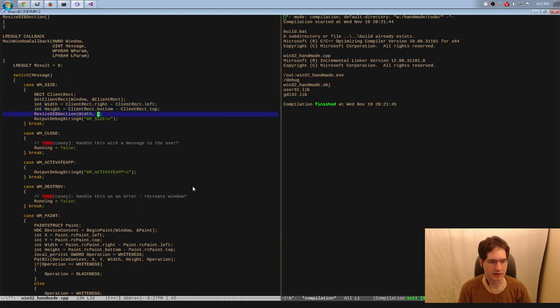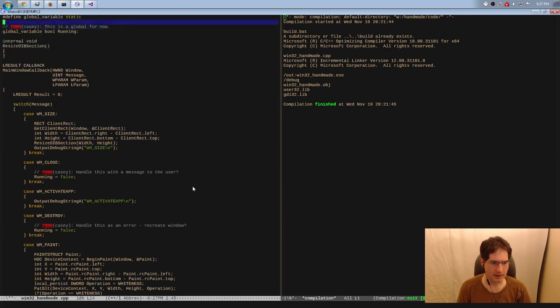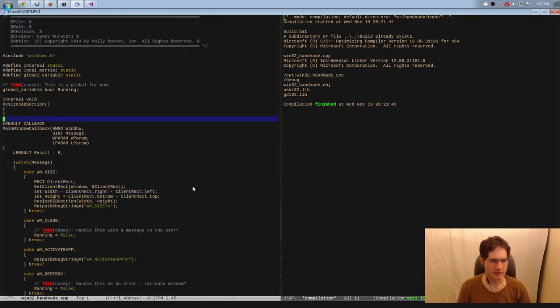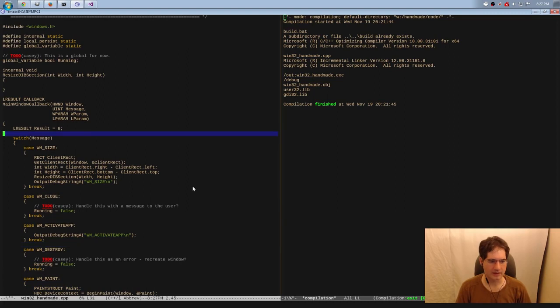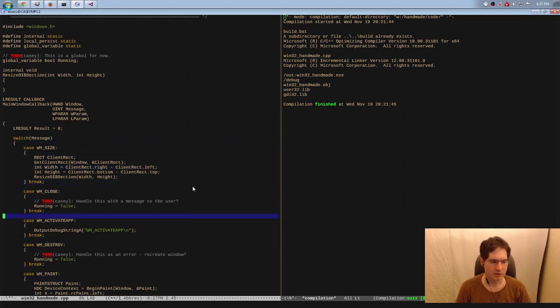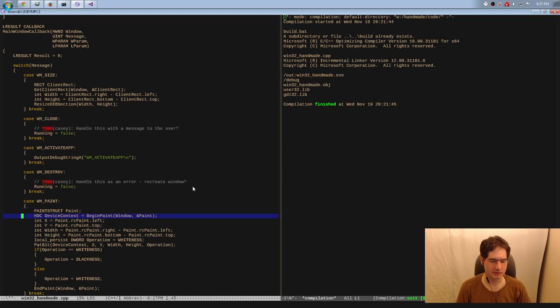So we are going to call resize DIB section, and we are going to pass it that width and that height. In here, we are going to get a width and a height, and we will basically need to build that buffer using Windows to give us a buffer that we can draw into. Then, once we have our DIB section sized properly, in Paint, instead of calling this PatBlt thing here, which is not really anything that we want to do, we will do the BeginPaint, and we will use the rectangle that it passes us to update that rectangle with whatever the contents